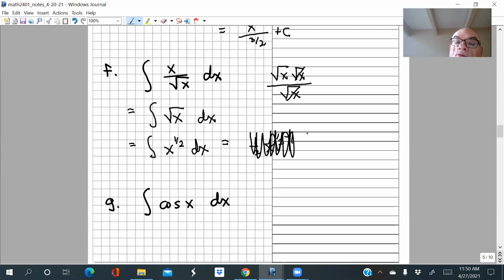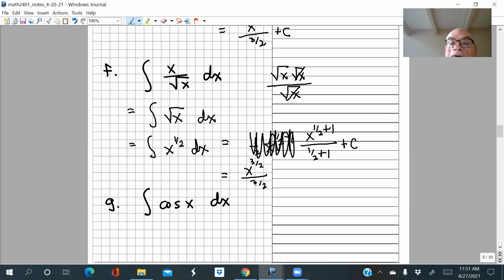So how does the anti-power rule work? Well, it works in reverse. You're going to add 1 to the exponent, right? Instead of subtracting 1 from the exponent. And now you divide by your new exponent. And don't forget there, this is just kind of a reflex, you have to add the constant, all right? So you just do that automatically when you're finding an antiderivative. So let's see, what is 1/2 plus 1? That's 3/2. So you have x to the 3/2 over 3/2.